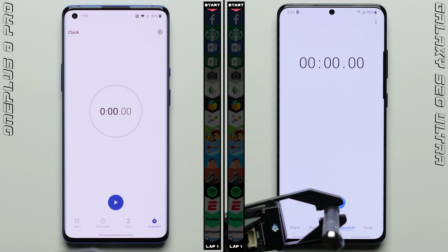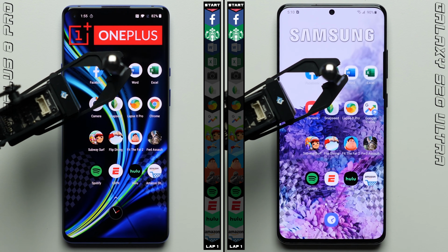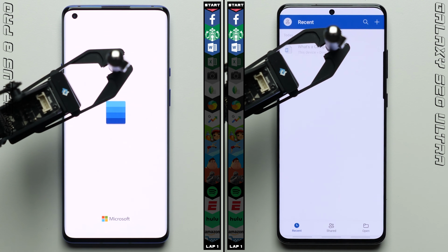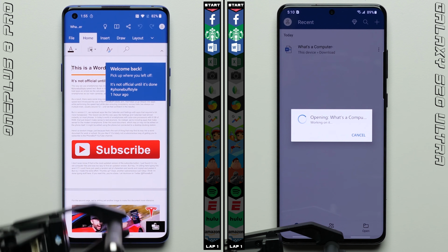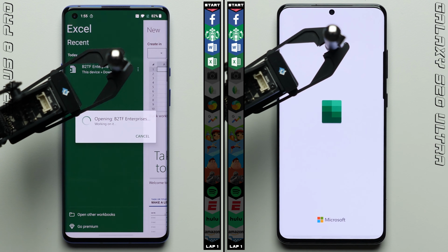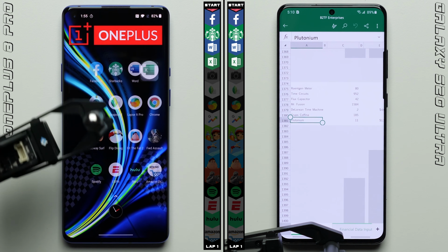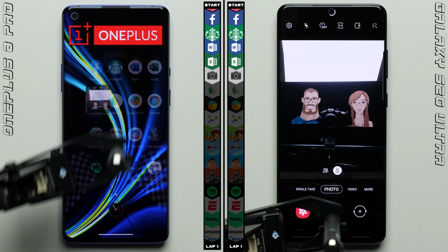Alright, we'll kick things off by starting the stopwatches on each phone and then jumping into the first row, where the two phones perform identically in Facebook and roughly the same in Starbucks, so heading into Microsoft Word, we'll see if one of them can create at least some kind of separation here, where the OnePlus 8 Pro does just that, pulling ahead as it moves on to Excel, and from the looks of it, it's able to run it through that app faster as well, giving it a nice little cushion as both phones move on to the second